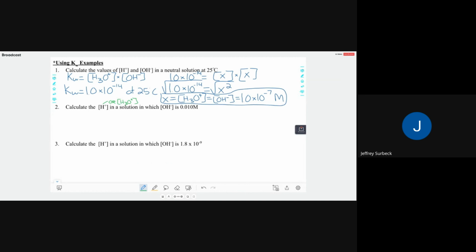All right, now we're going to do this. Remember, Kw equals 1.0 times 10 to the negative 14th equals H plus, or if you want to write down H3O plus, it all means the same thing, times now the concentration of our OH minus, which actually has a value of